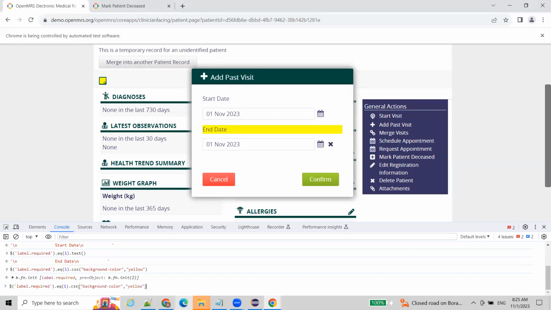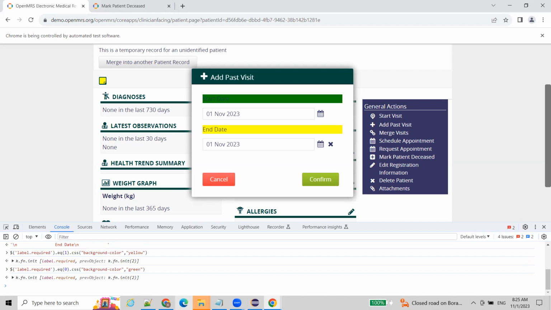If you want to change the color of start date, green, it changes to green. So why I'm explaining these things is, basically using JavaScript, you can perform